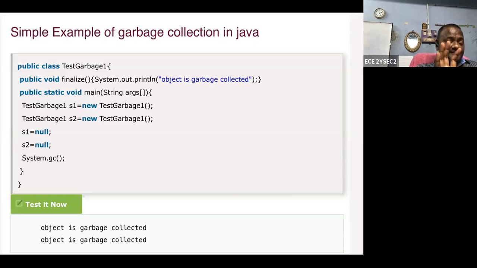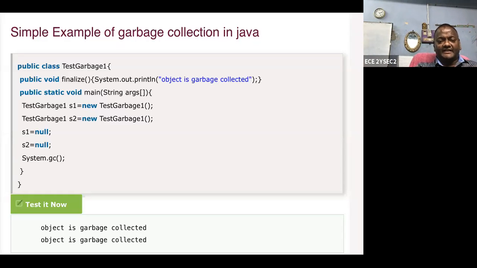On average, the student can understand that whenever a new object is created, the JVM clears the garbage, or does garbage collection, by using finalize. The object is created, the JVM directly calls the finalize method.